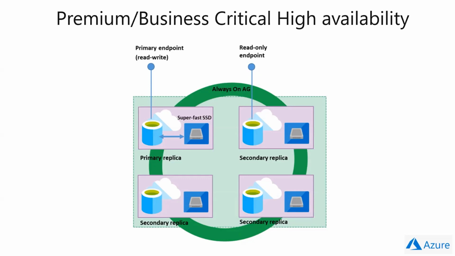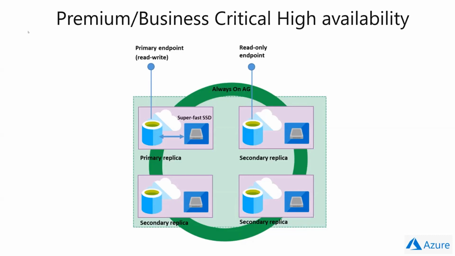And we have designated paired regions, for example, East US and West US. So basically your storage is being copied to this paired region. If you have, for example, an East US storage, it will be copied to West US. This is done natively in Azure. Now, what I'm trying to mention here is that all these replicas are in the same region, okay? And this is part of the solution of Azure High Availability.